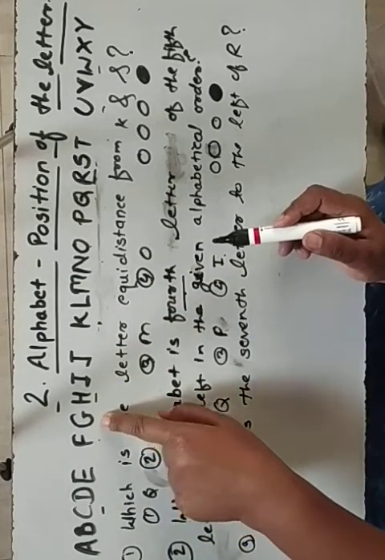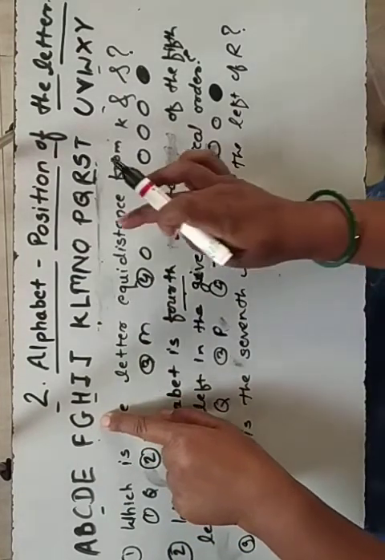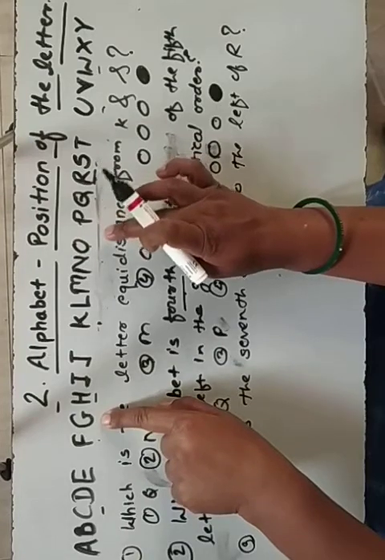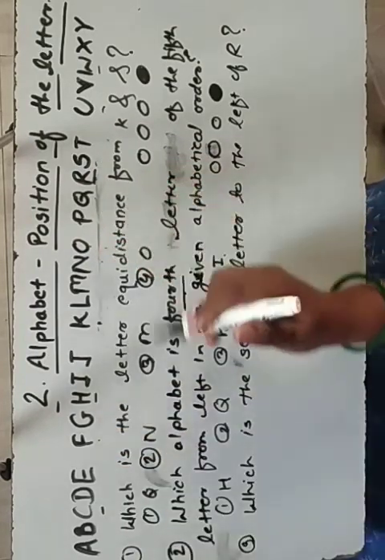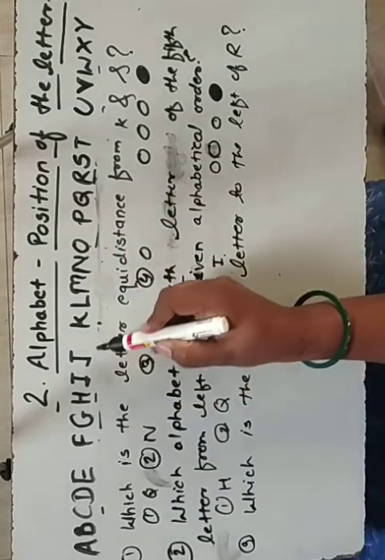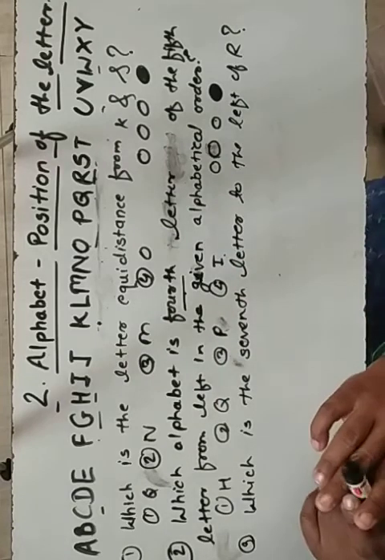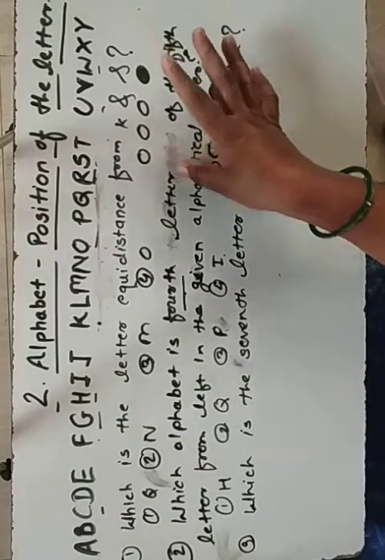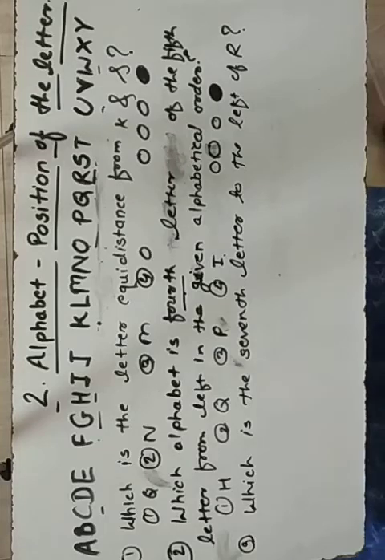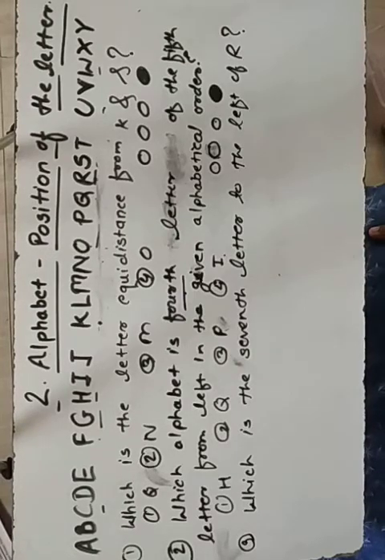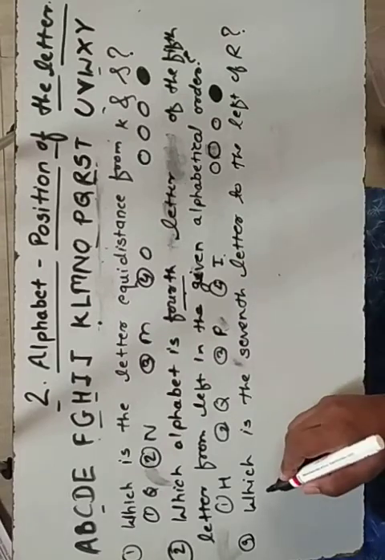Suppose which letter is equidistant from G and O. So at that time, what we have to find out? G and O. So 1, 2, 3, 1, 2, 3, leave, K will be the answer. So these types of questions will come in the exam for your solving. Again we will see some more questions. For 5th standard, these easy questions will come only. Okay, so here is the question: if we write the letters N to Y in reverse order. Next, for this question's answer we find it now.